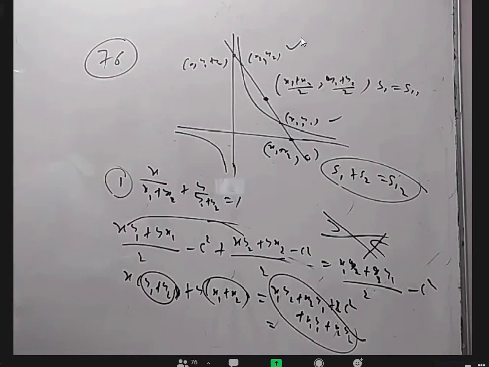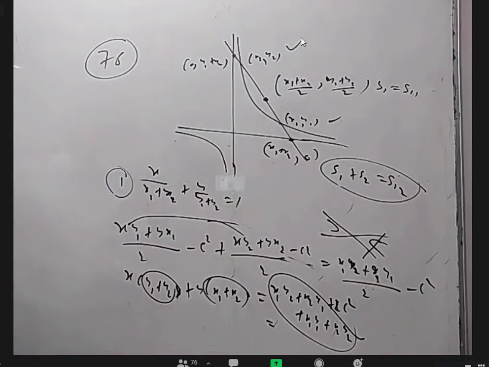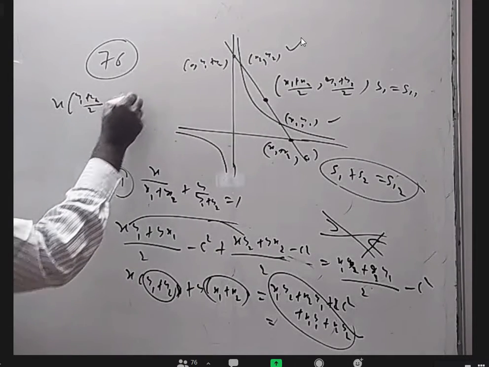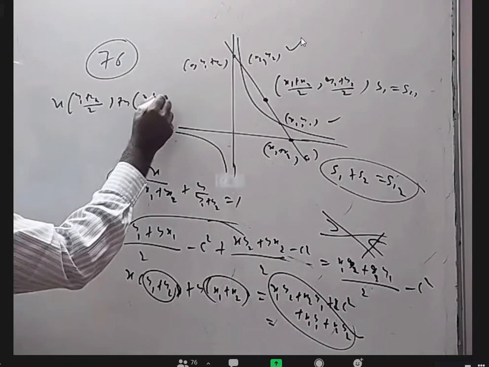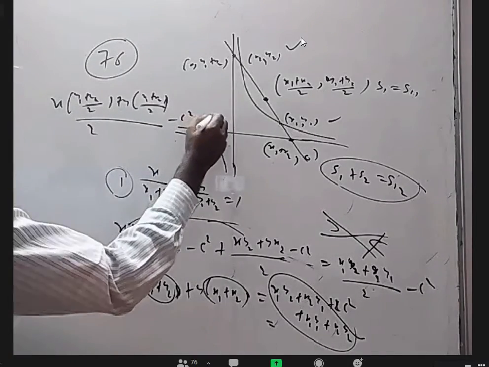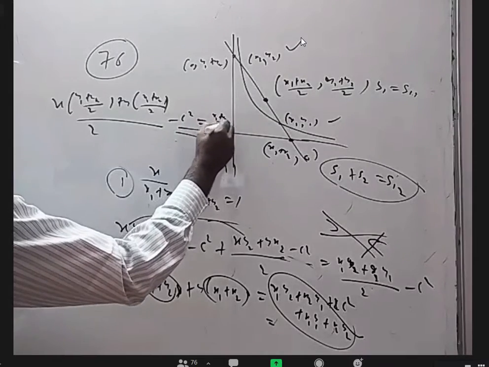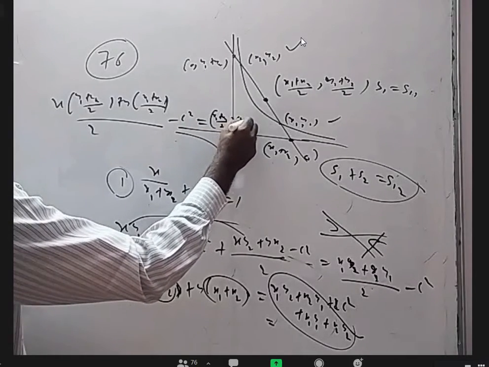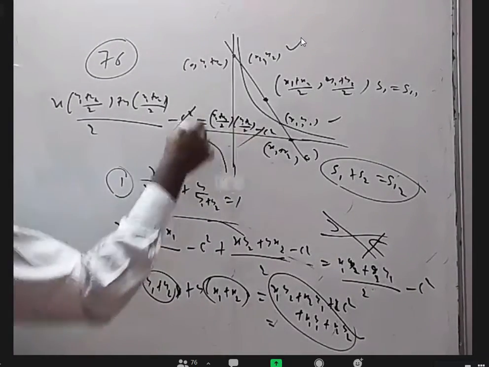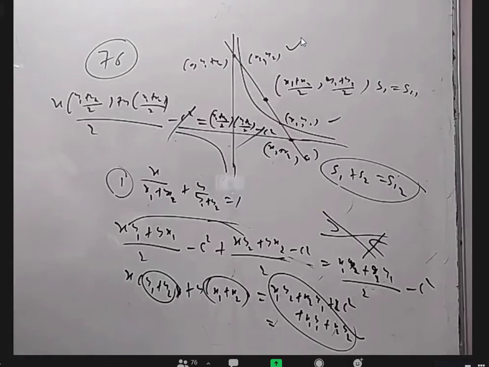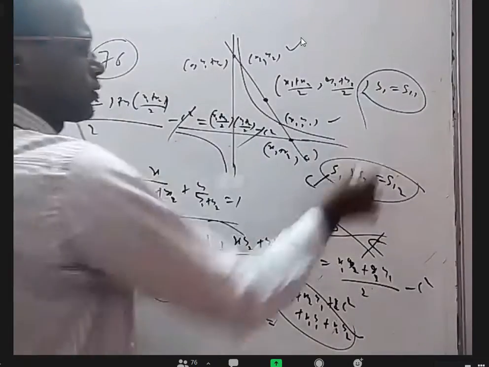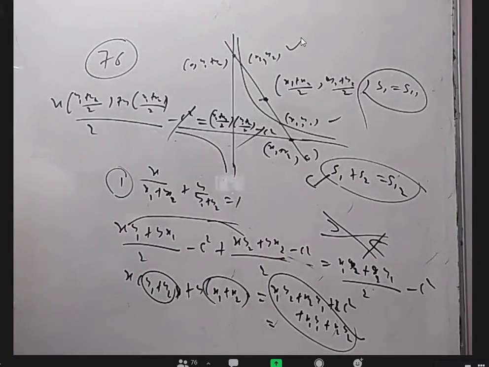Okay, what if I use S1 equal to S11? I'll get x into (y1 plus y2) by 2, plus y into (x1 plus x2) by 2, minus c square. S11 means of course I have to take (x1 plus x2) by 2 into (y1 plus y2) by 2 minus c square. So this is also nice. It will come, divide it, you will get the answer. Even S1 plus S2 equal to S12 has a little work, but S1 equal to S11 is nice, and this midpoint method. These two are also nice.